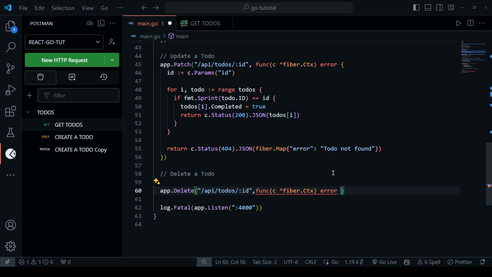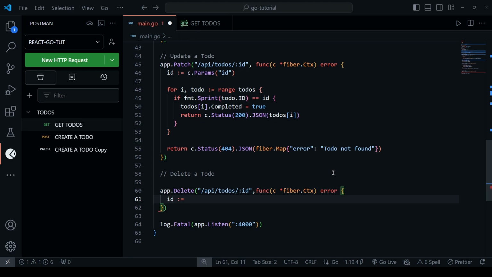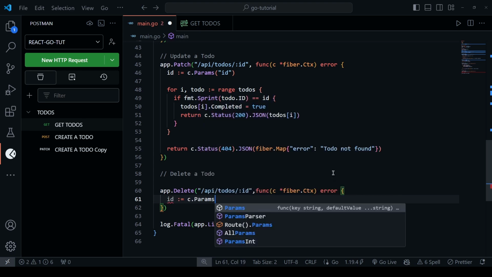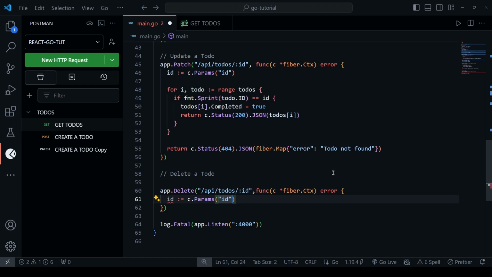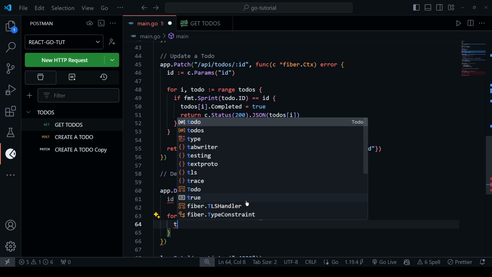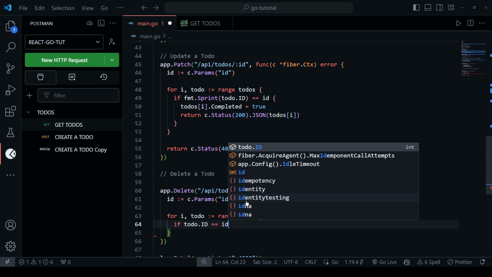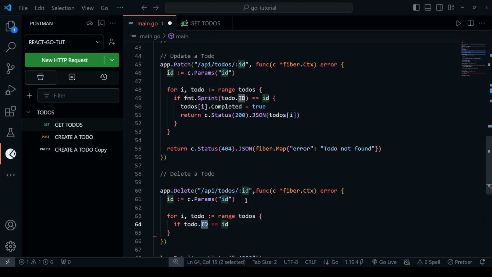You might want to return an error out of this function, and we're going to get the ID from the params. So I'll say c.Params, which is going to be the ID in this case, that's how we have called it. Then we're going to say for i, the index, and then the todo in range of todos. So we're going to find the todo that we would like to delete. So I'll say if todo.ID is equal to id,